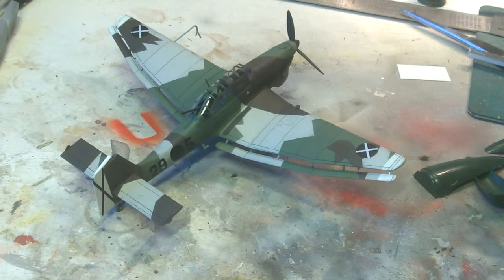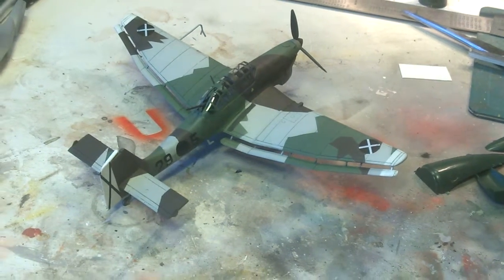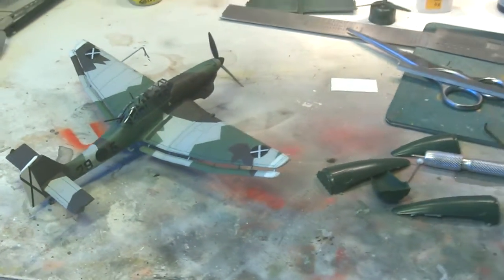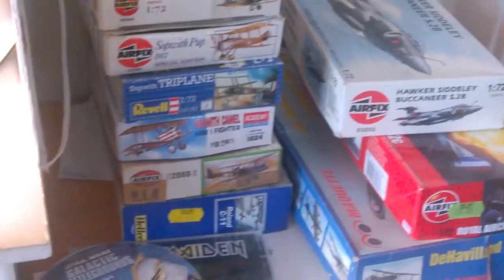Weathering, you know, we're learning all the time in this hobby, which sometimes is maddening and sometimes it's half the fun. And that's basically it. I did last month